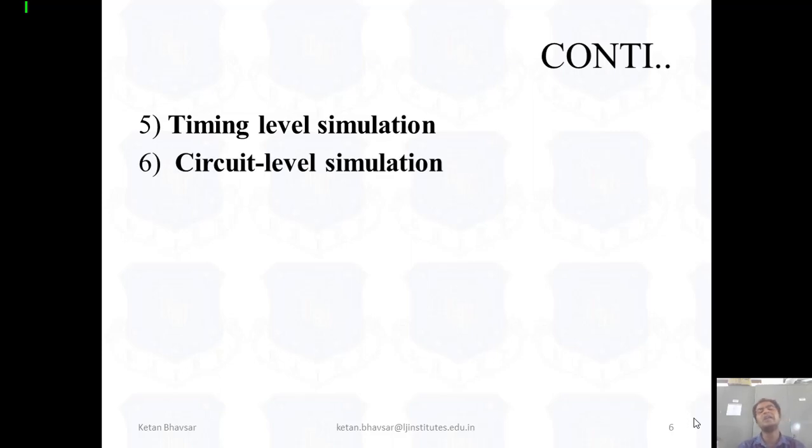Circuit level simulation: when you are dealing with hardware parts, or designing a specific hardware board, circuit level simulation also plays a main role, because we have to check that each and every circuit works properly or not. There are a number of FPGA boards available which work on a jumper-based concept. With the help of jumper selection, it selects the specific device, like a PLA and PAL.